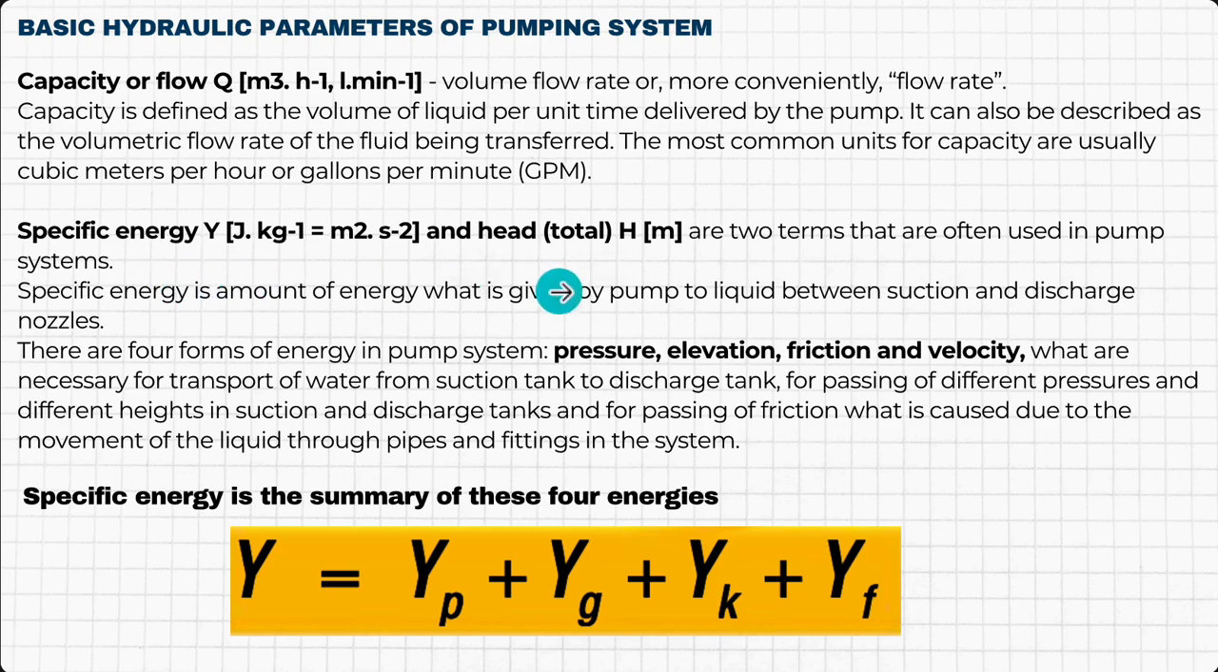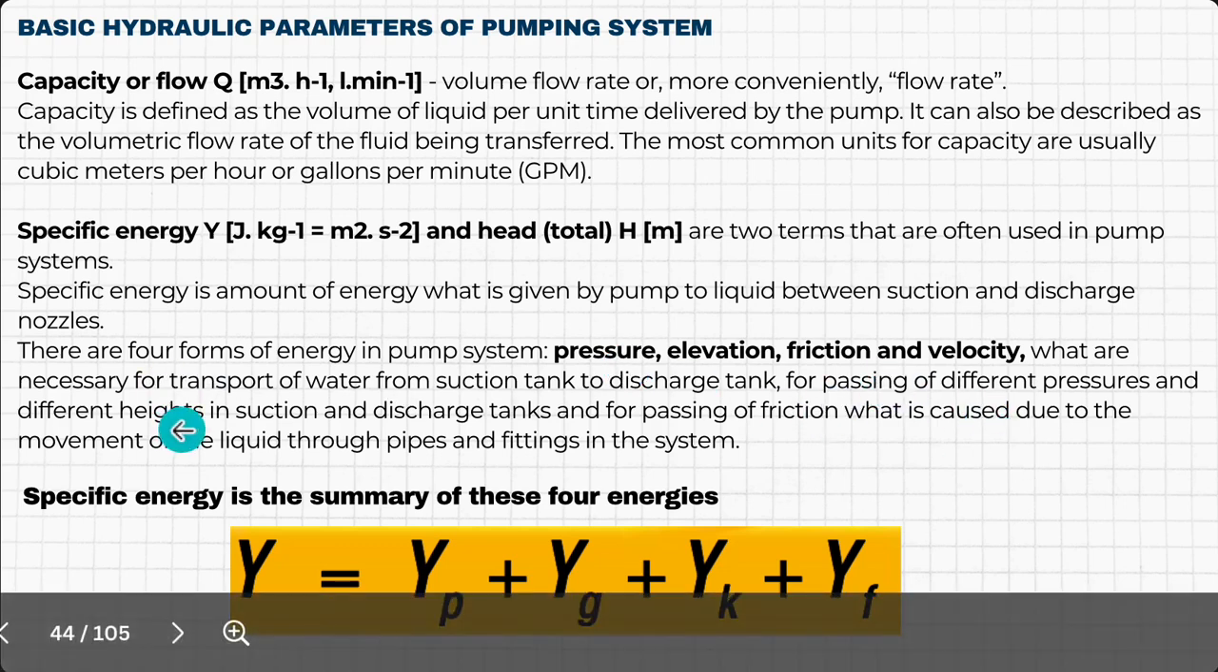Specific energy and head are two terms that are often used in pump systems. The specific energy is the amount of energy given by the pump to the liquid between suction and discharge nozzles. There are 4 forms of energy in a pump system: pressure, elevation, friction, and velocity, which are necessary for transport of water from suction tank to discharge tank, for passing of different pressures and different heights in suction and discharge tanks, and for passing of friction, which is caused due to the movement of the liquid through pipes and fittings in